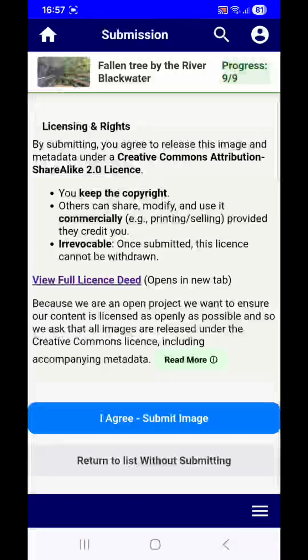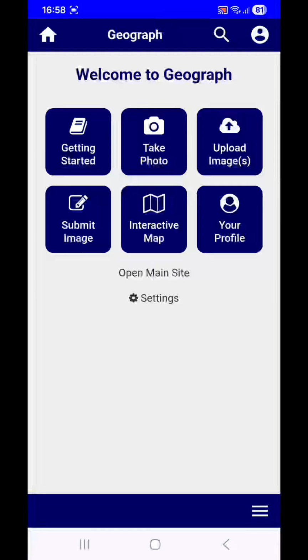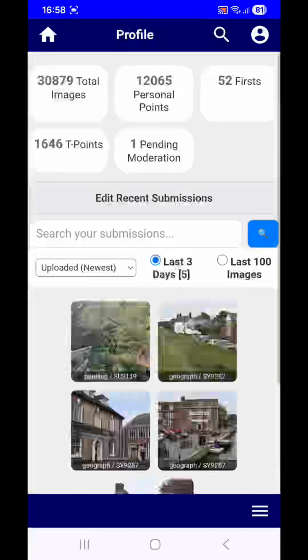We're presented with a reminder about the Creative Commons license. Still need to accept that as usual. We could just abandon things at this point and return to the list without submitting. I'm going to agree. So we actually see the ID of my photo, and that's a real Geograph submission that you've just watched there. We'll go back to the home screen, and if we look at my profile, we'll see